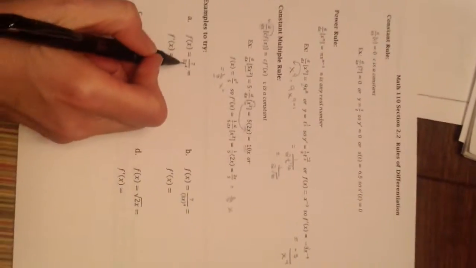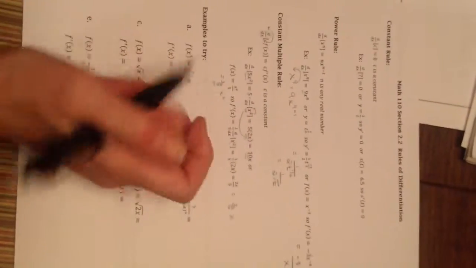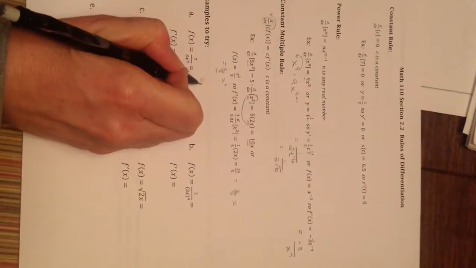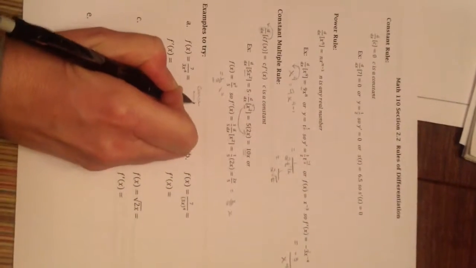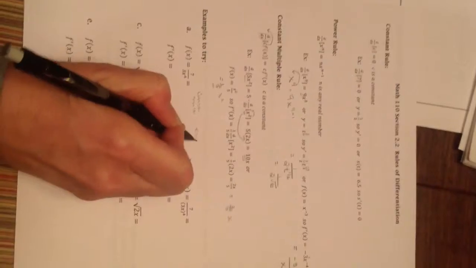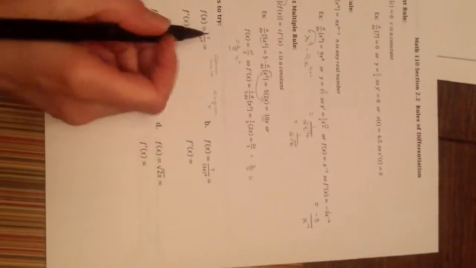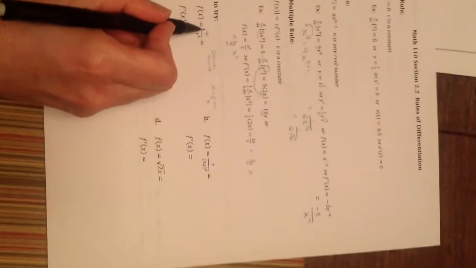So we have 3 rules, the constant rule, the power rule, and the constant multiple rule that we're going to do these examples on. But the most important thing is before you take the derivative, you have to know what the constant multiple is and what the exponent is on x. Those are the 2 questions you have to ask yourself before you can take a derivative. So looking at this example A, your